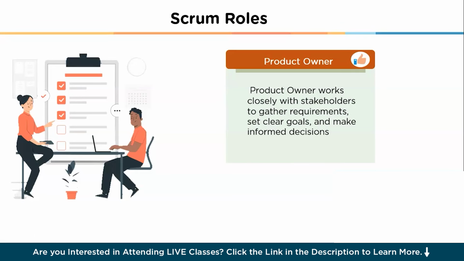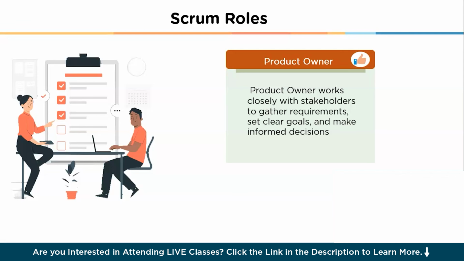The product owner plays a very crucial role in Scrum, acting as the voice of the customer. So this is the first Scrum role that we see in Scrum methodology, that is the product owner. This individual is responsible for defining and prioritizing the product backlog, ensuring that the team focuses on the most valuable tasks. The product owner works closely with stakeholders to gather requirements, set clear goals, and make informed decisions about